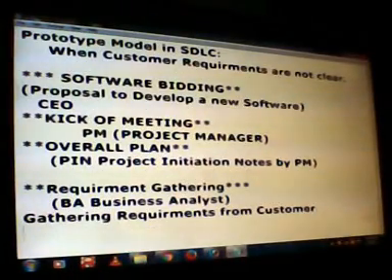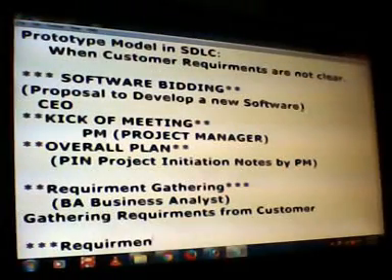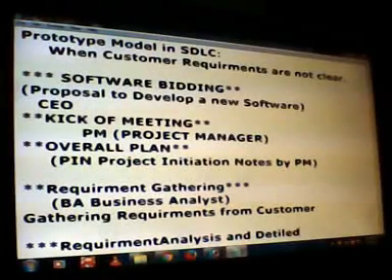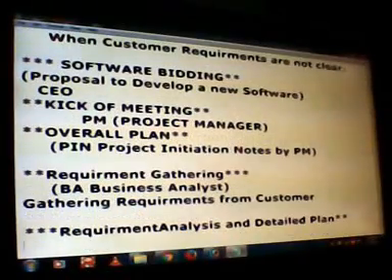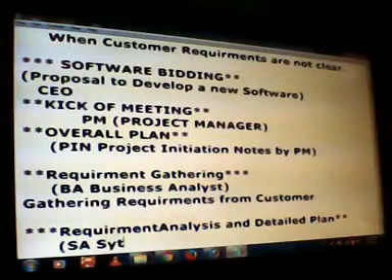After gathering the requirements, the next phase is requirement analysis and detailed plan. In this module the system analyst plays a vital role.